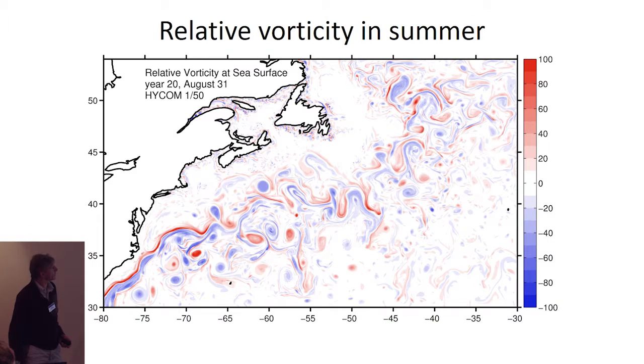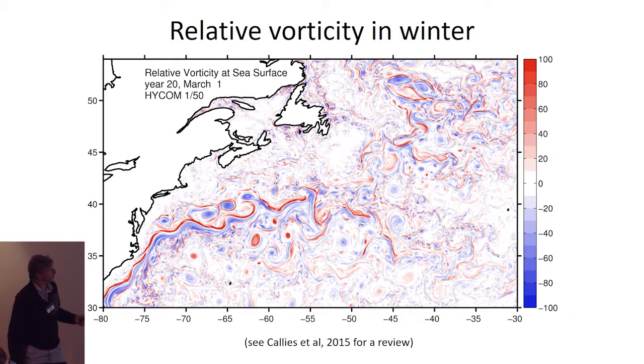So here's the same type of plot that Julien just showed. That's in the summer. You see at the 1/50th degree, you don't have a lot of sub-mesoscale activity. The saturation in the blue and the red is a bit different from Julien's. But here you see the explosion, same thing that you see in the